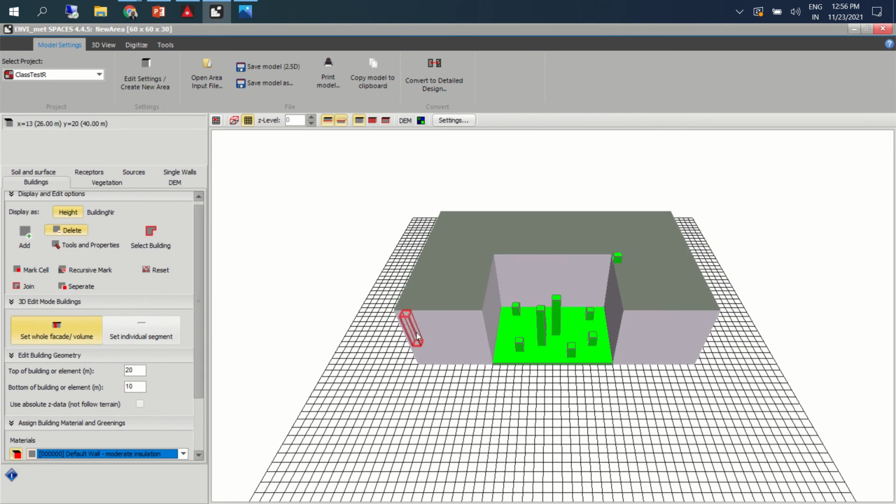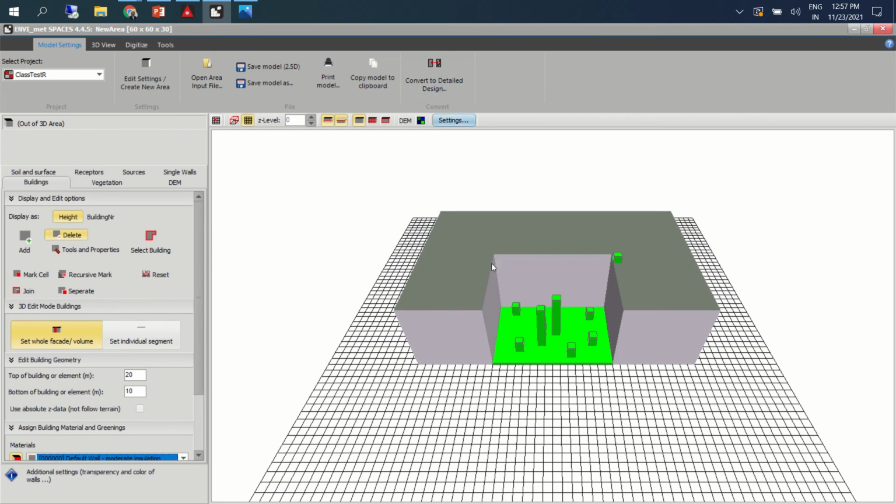Now let us say we want to add certain things on the facade itself. So far we have seen that we can only do it on the surface in two dimensions. Suppose you want to assign certain materials on the facade itself, what do we do? In order to do that, first you have to convert this into detailed design.